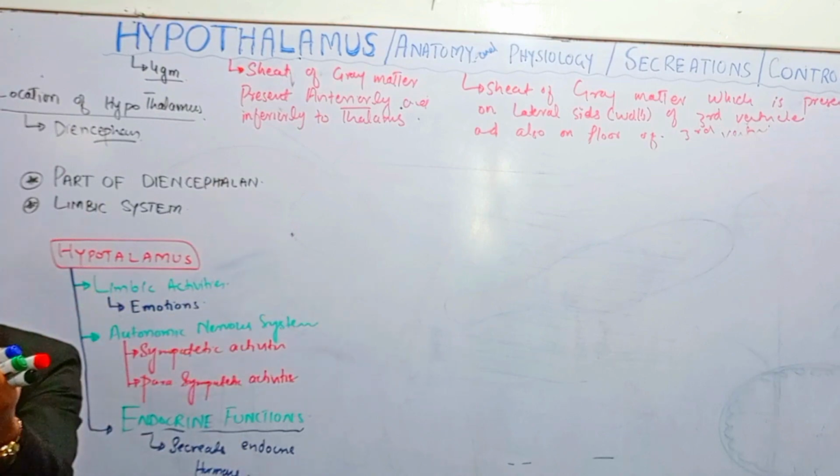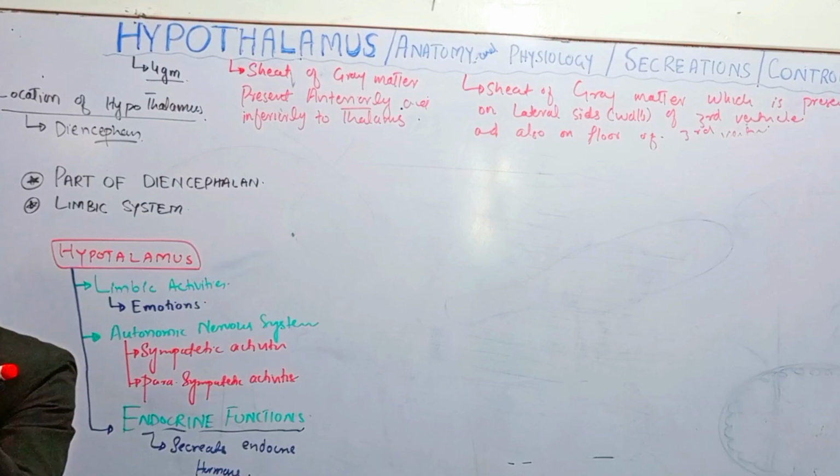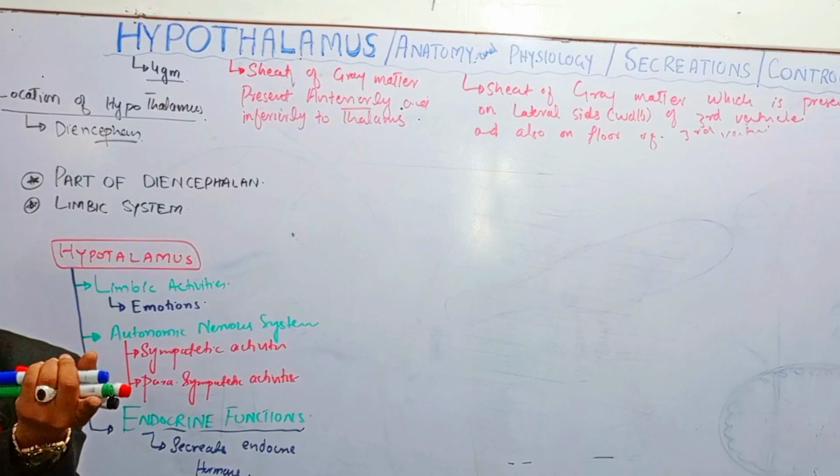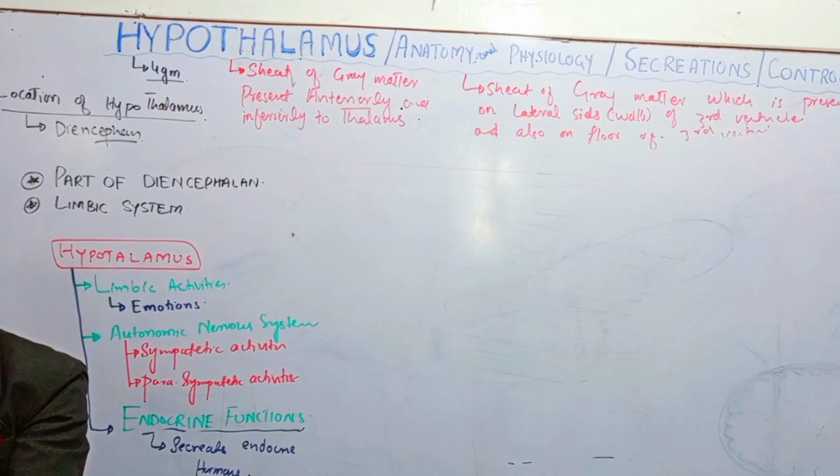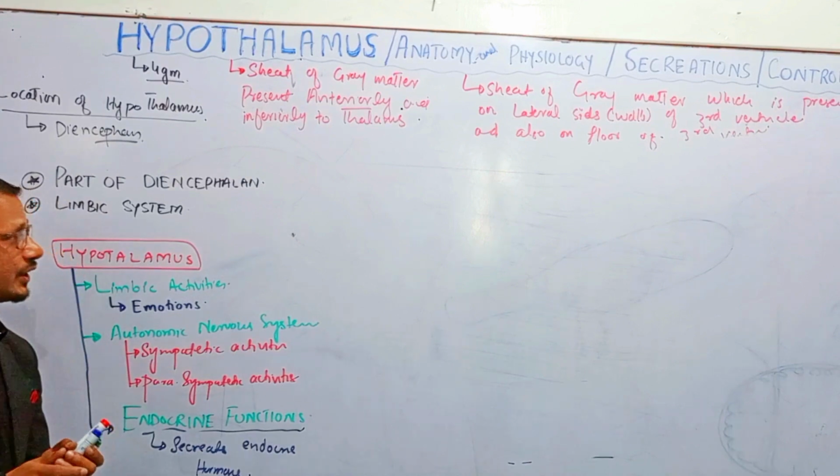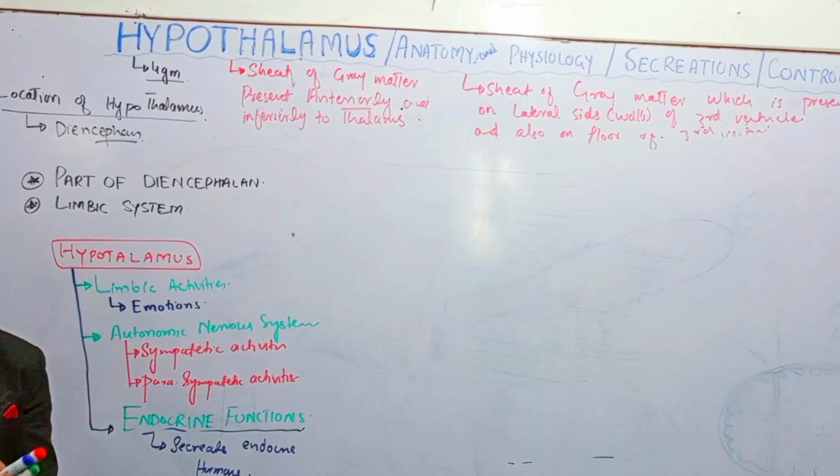It is present in front of thalamus, in front of thalamus, right? And also it is present on either side of the third ventricle. This is the location, or simply it is present in the diencephalon, right? Or more simply, this is the part of limbic system of the brain, right? Now we will divide this hypothalamus in two parts,